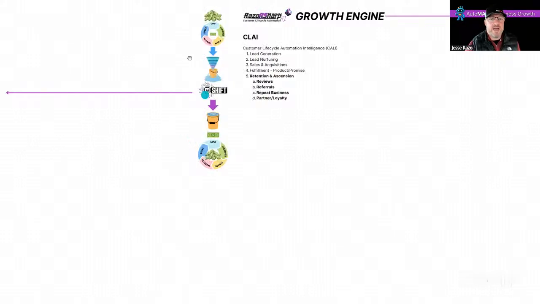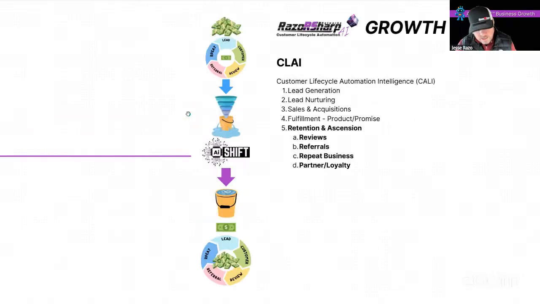So the first thing I want to talk with you about is the shift in the marketplace. And the reality is that AI has given us the ability to get disproportionate returns on our sales and marketing efforts. These disproportionate returns look like disproportionate returns in regards to revenue, time, energy, and effort. For most companies, what they do is pour a tremendous amount of resources into lead gen, customer acquisition, generating reviews, referrals, and repeat business.